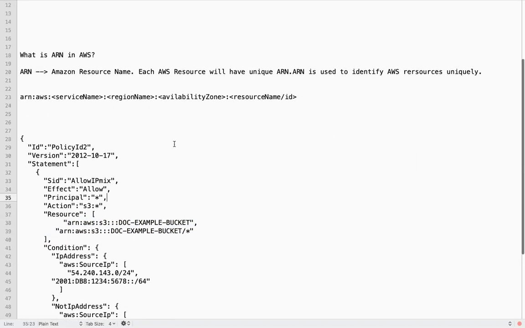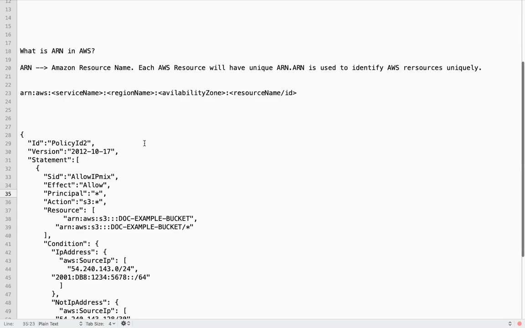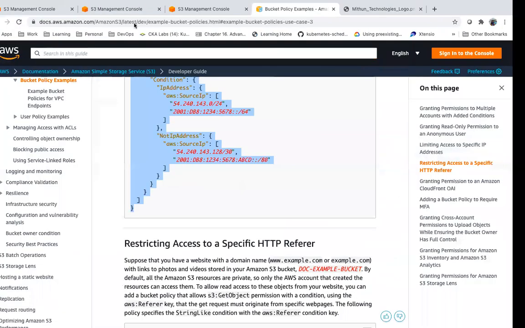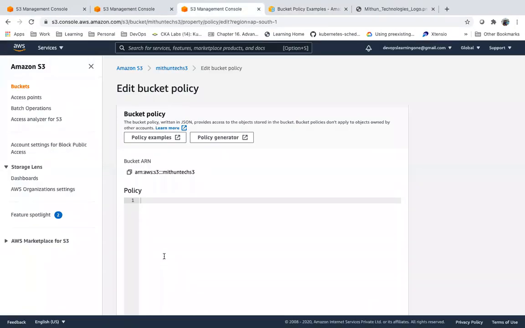Now I want to give access to only a few IP addresses. I don't want to give public access to those objects, those files which I am maintaining in that S3 bucket. So I can define a bucket policy to restrict the access to this bucket.